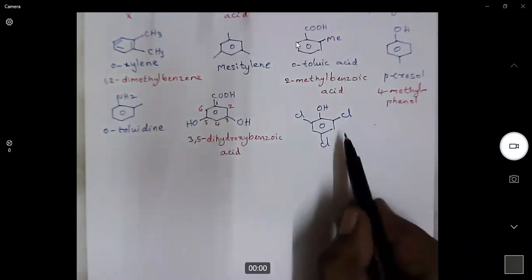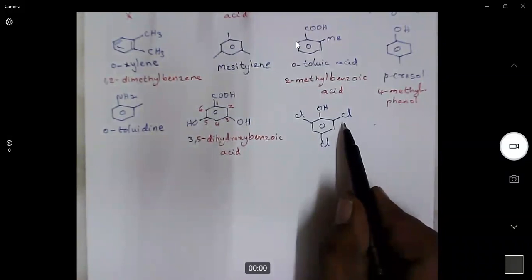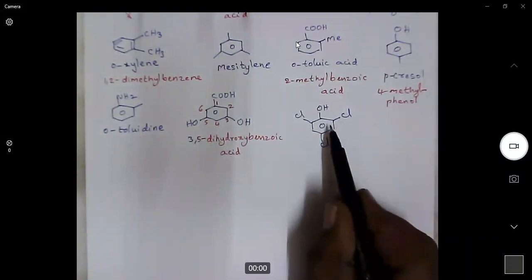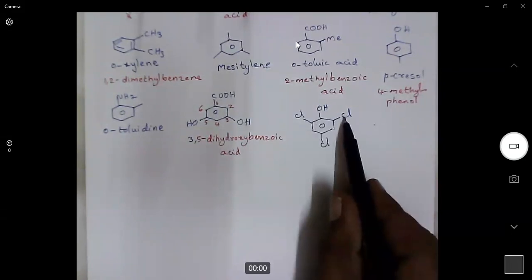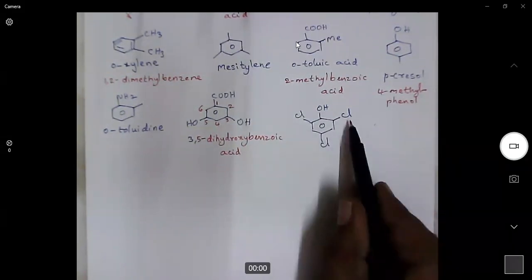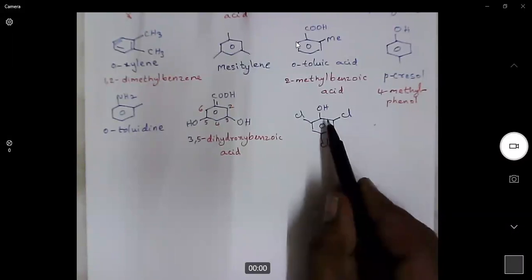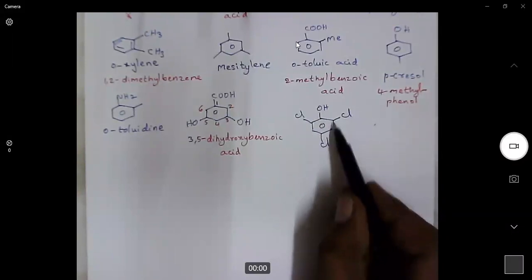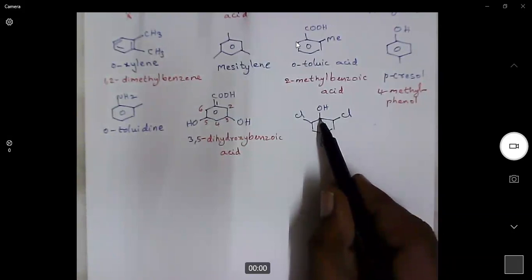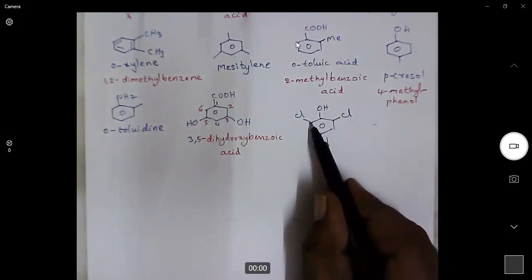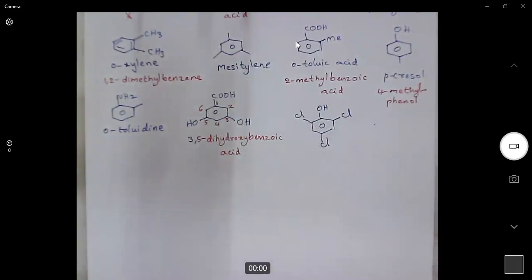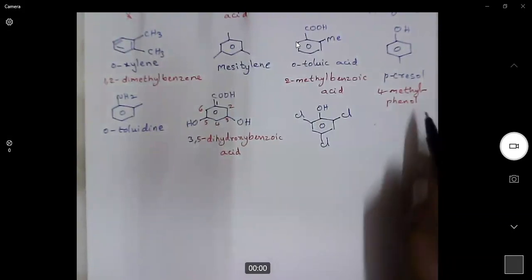And in the priority order, I haven't mentioned halogens. That means halogens don't have any preference. They are always substituents. So in this case, phenol, OH and halogens are there, because halogens don't have any priority. Phenol is the parent name, and these 3 chlorines are substituted at 2, 4, 6. So this is the first carbon, 1, 2, 3, 4, 5, 6. 2,4,6-trichlorophenol is its IUPAC nomenclature. I'm not writing it, you practice it.